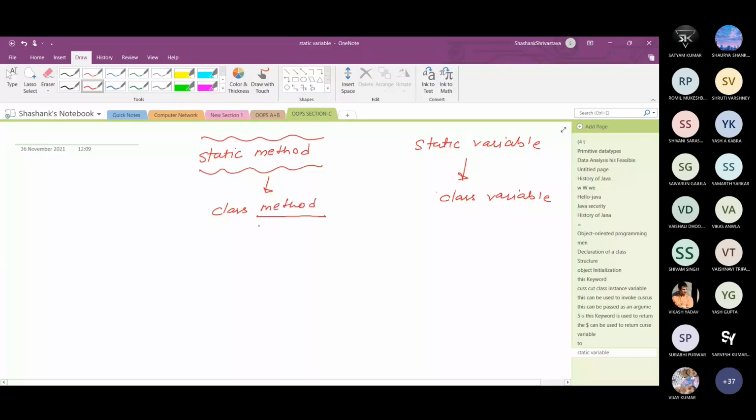Since it is a class method, we can access this method with the help of the class name. We can write ClassName.method() calling. We need not create any object in order to access the method. Okay.